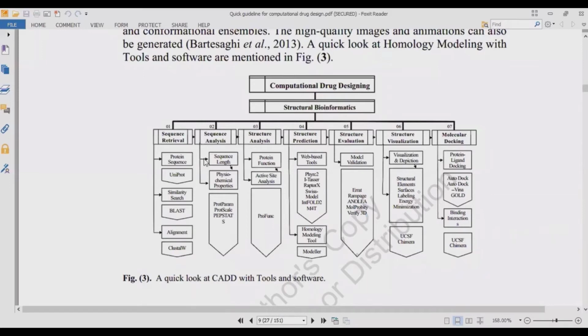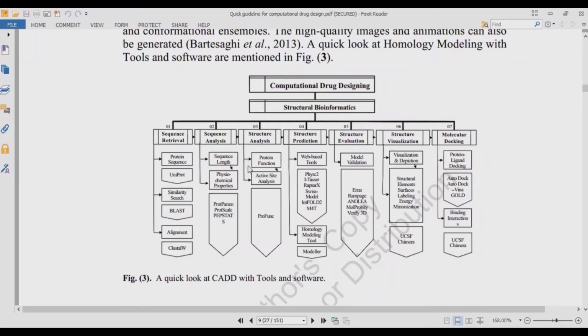In chapter number 2, first you know the sequence length and you have to analyze the sequence. Then you have physicochemical properties. For physicochemical properties you use ProtParam, in which you analyze molecular weight, isoelectric point, number of residues, percentage of the residues, how many negative residues, how many positive residues, and many more. Then we have chapter number 3, structure analysis, in which we perform protein function analysis by ProFunc